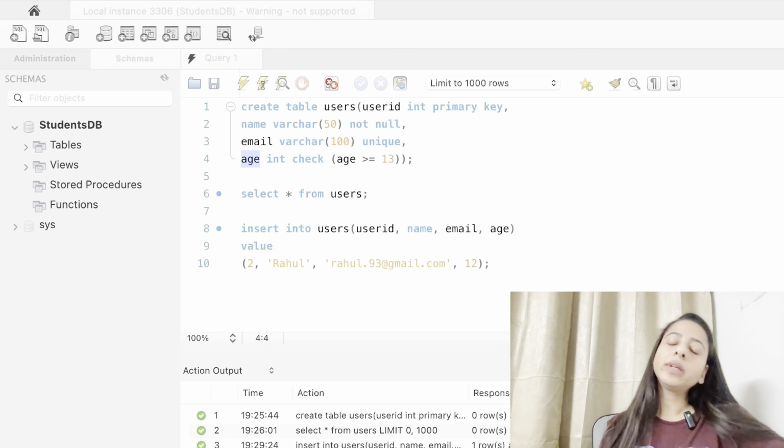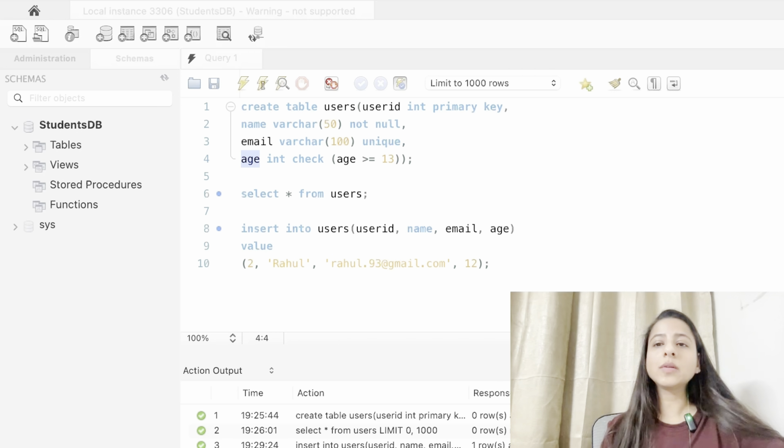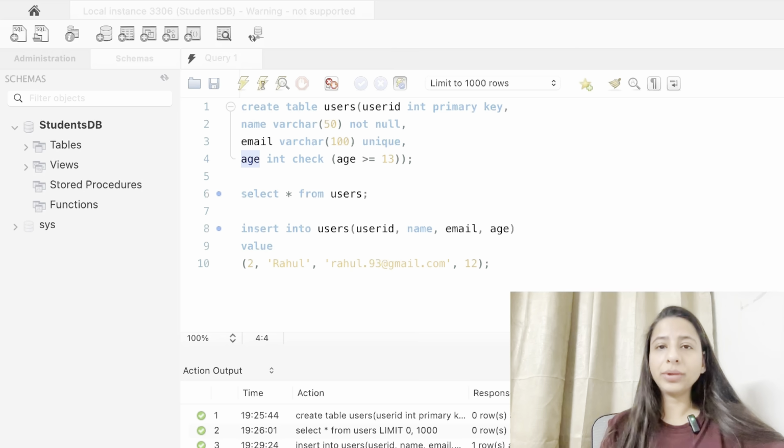All right, so before we wrap up, let's quickly talk about some common mistakes that a lot of beginners make when working with SQL tables and how you can avoid them. The first is forgetting to define a primary key. Trust me guys, this is a big one. As we know, a primary key uniquely identifies each row in your table. If you forget to set it, you might end up with duplicate records. And that's a nightmare when you are trying to fetch or update specific data later.